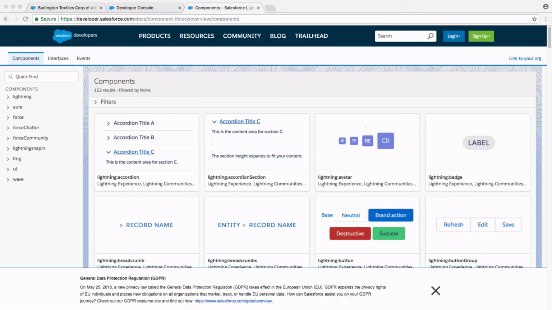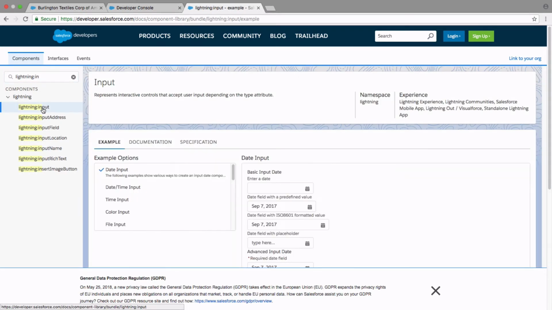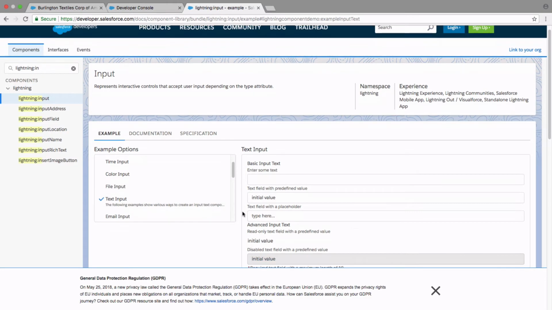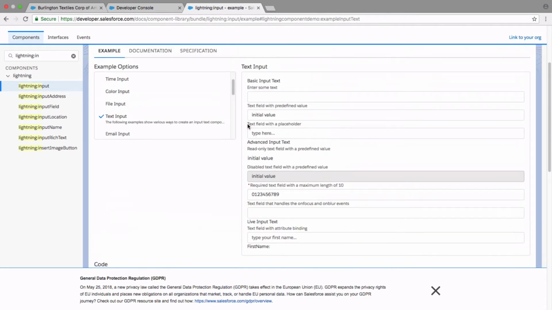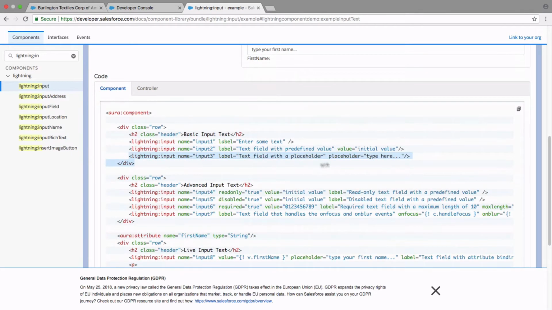I know that the one we want is called lightning input. So I could type that in here, lightning input. Click on it and you will see the different variants that it supports. The same Lightning component could be used to display a date, a date time, or it could be used as a file input, but the one that we are interested in is a text input. So click on that and let's pick the variant with a label and a placeholder in it, which is this. Okay, let's copy that and